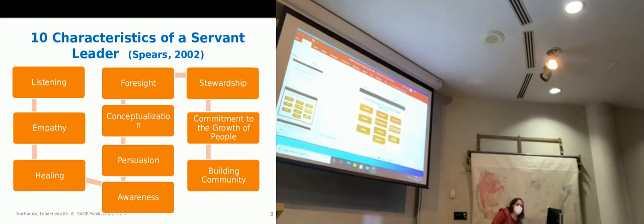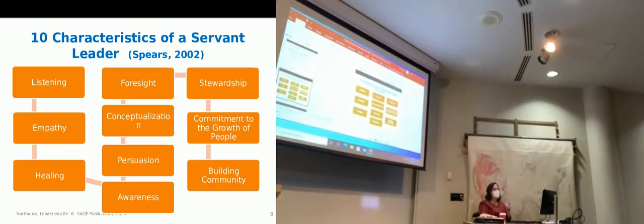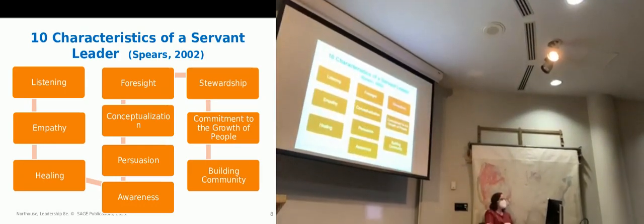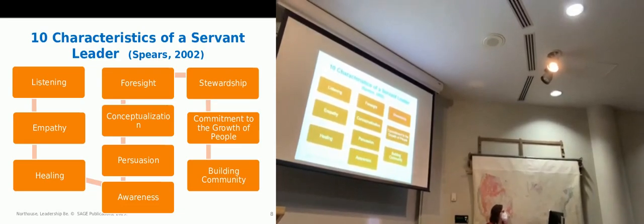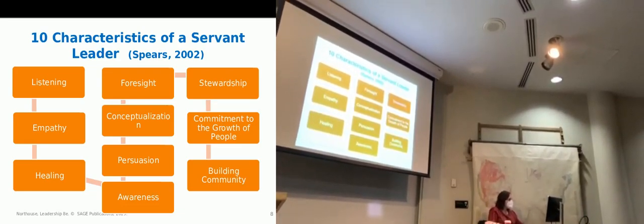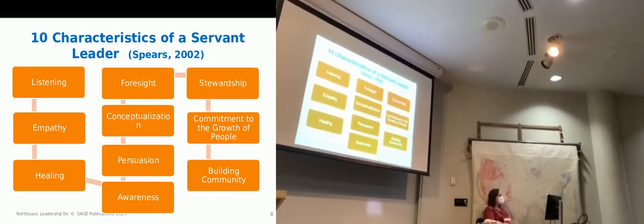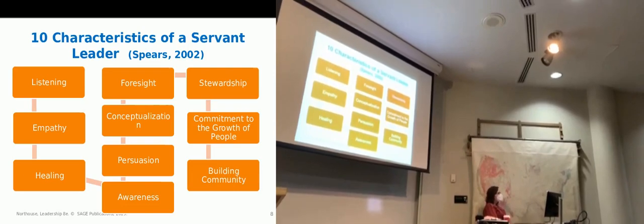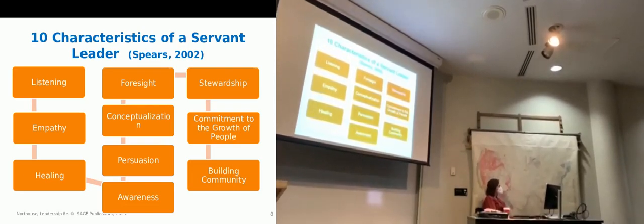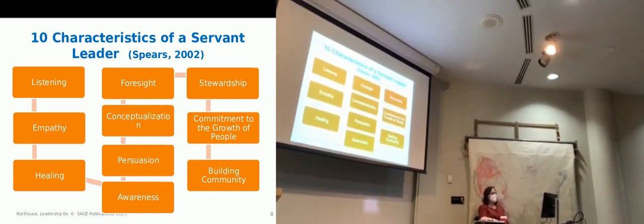Have every group share with me at least one of the lyrics that y'all discussed in your pairs and the particular characteristic of servant leadership you felt like it exemplified. And we'll start over here with you guys. One of the ones that we got down here would be the wheels and not the track, to be a commitment to the group of people. The track will lead you there, but the wheels will be what gets in there, and it's sustaining. It's constant movement, right? I really like that analogy.